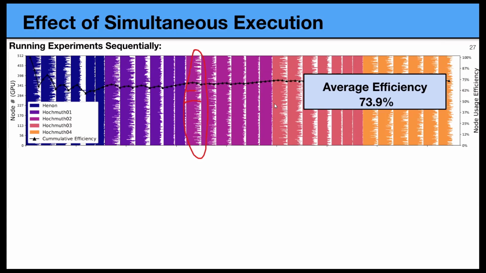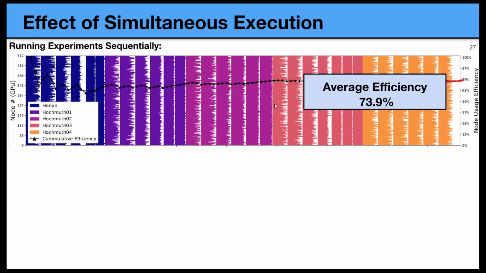And this causes some workers to remain idle, and we calculate this idleness with a number called efficiency, the cumulative efficiency. So at this point, how efficient it was, how occupied with color was this timeline, as opposed to idle with white segments. And you can see that if we run all of these experiments sequentially, we get around 70%